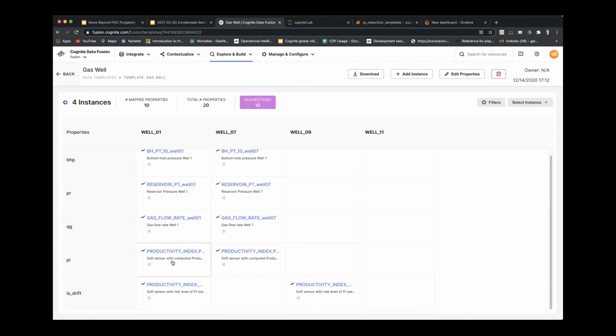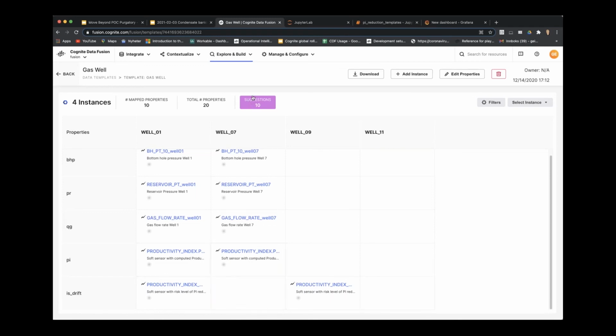So this is a supervised learning challenge. And as I fill in some of these, the system will learn the patterns so that it comes up with suggestions here. So it's actually found 10 more suggestions for these properties for me based on what I already filled in.